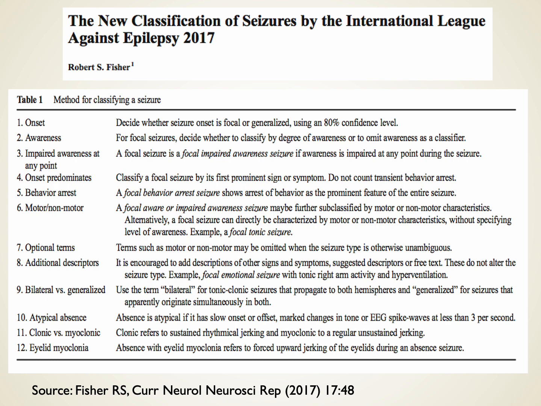The kinds of issues that are important when clinicians are thinking about classifying seizure activity include the onset and awareness of the seizure activity by the patient, and then a number of other factors that help further describe or categorize the seizure type. And categorizing the seizure type is important because the choice of our anti-epileptic agent is going to be really married to the type of seizure activity, to choose the best agent for the type of seizure that is presented.